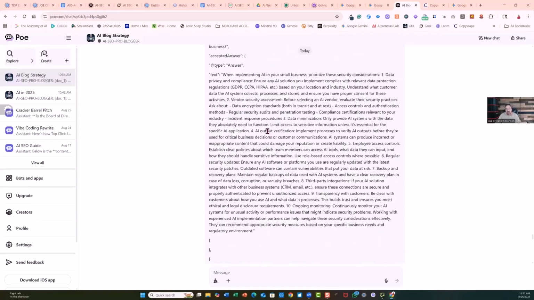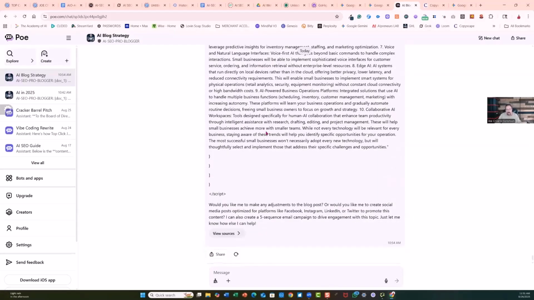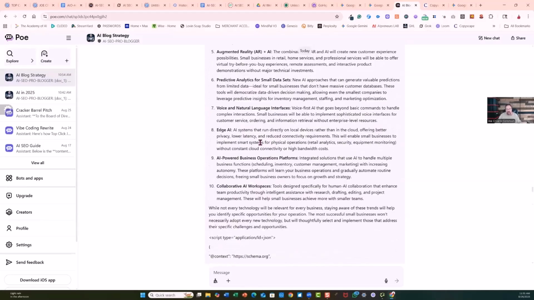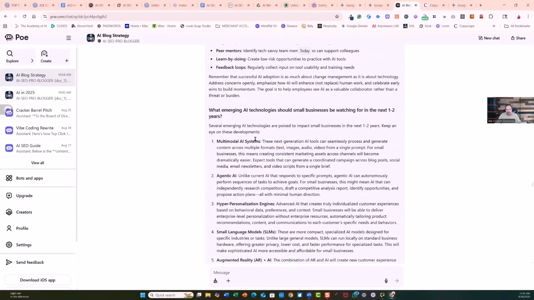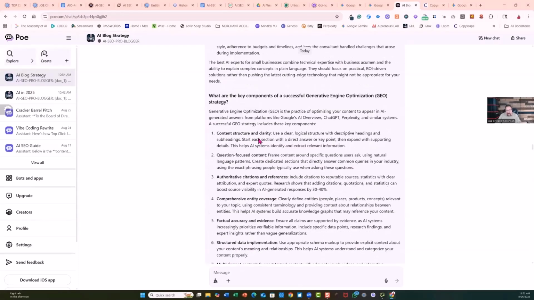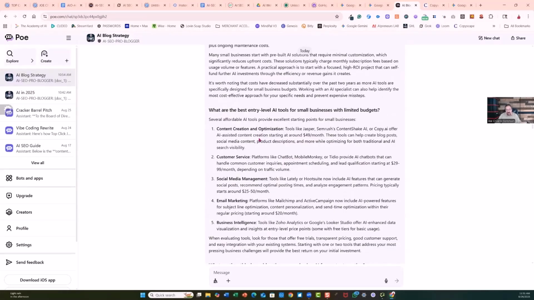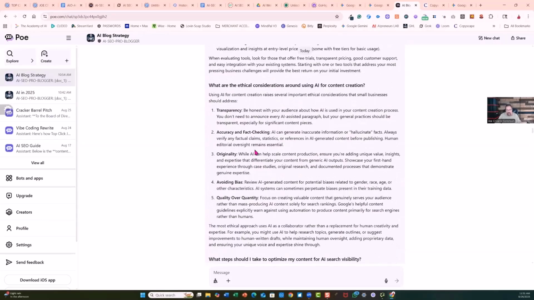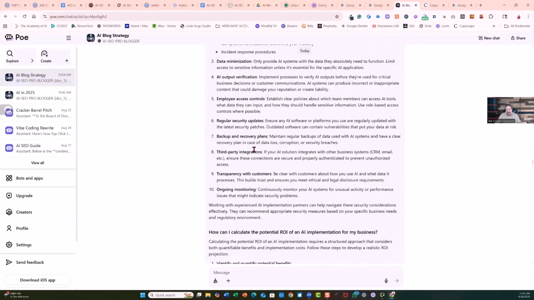And at the end of the blog, it wrote the schema code for both the blog and the FAQ section. So this is right up here, you'll see where it did it. I got to get to the top. This is pretty long. Okay, so conclusion, FAQs, right? And then right after this, it's going to write the schema code for me.